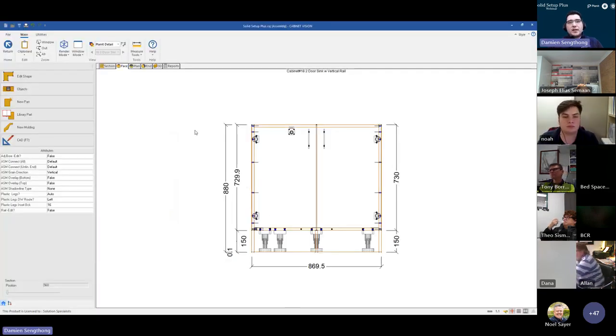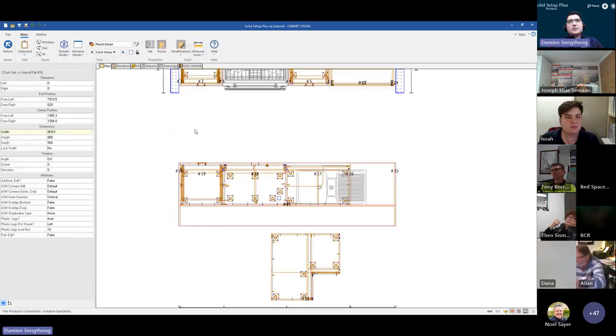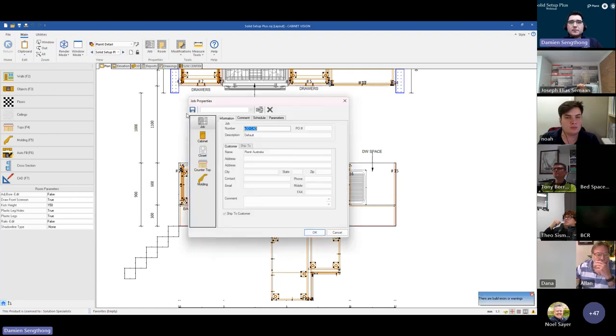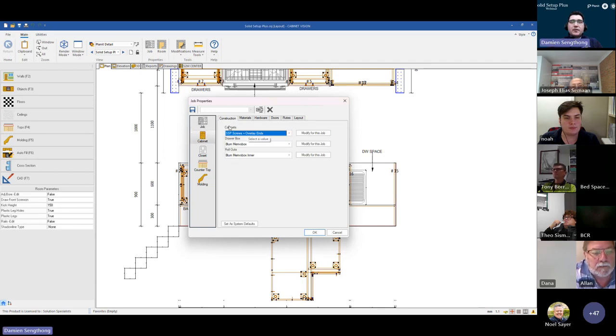So to show you exactly what Solid Connect provides you, if I go to our job properties, select the cabinet tab, and drop down our cabinet construction methods, the 4 methods supplied with Solid Connect are SSP QBD, which stands for Qualified Blind Dado, which would either be a tongue and groove or mortise and